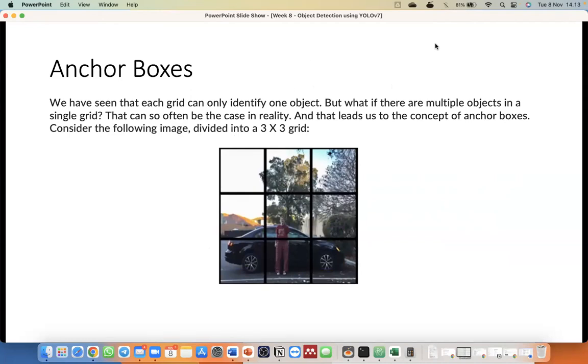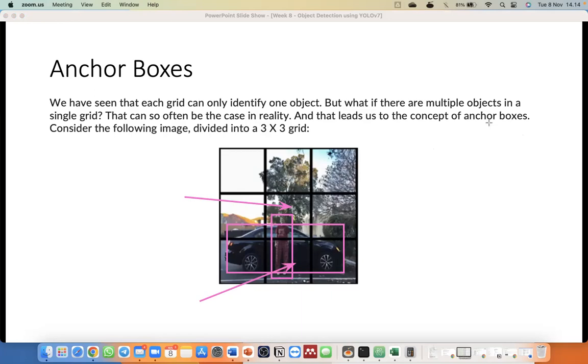If we give the bounding box for this human, let's say we have two different class, which is human or car, and this is the car, right? There are two grid that contain two object, right? So this one is the grid that contain more than one object, and also this one, the grid contains more than one object, right? So the problem, if we have more than one object inside our grid, we can use the concept of anchor boxes. Anchor boxes. Okay.